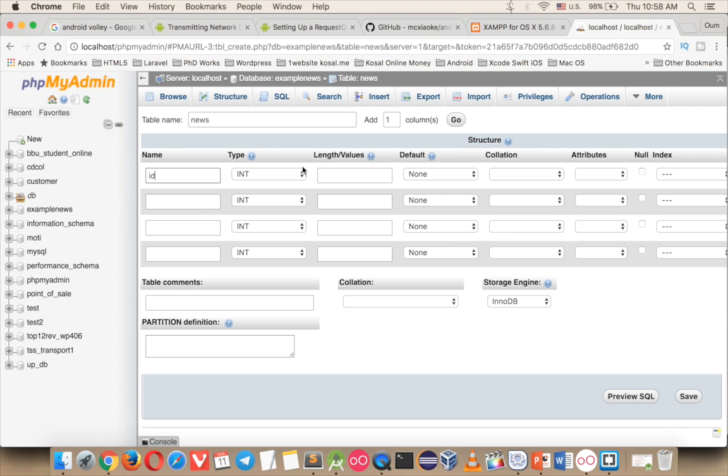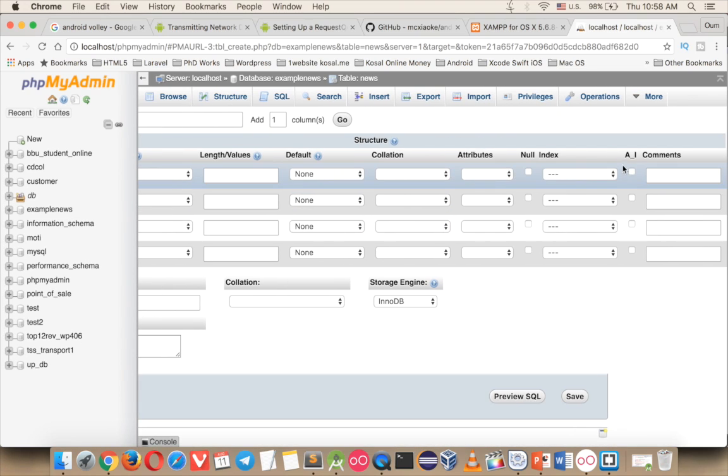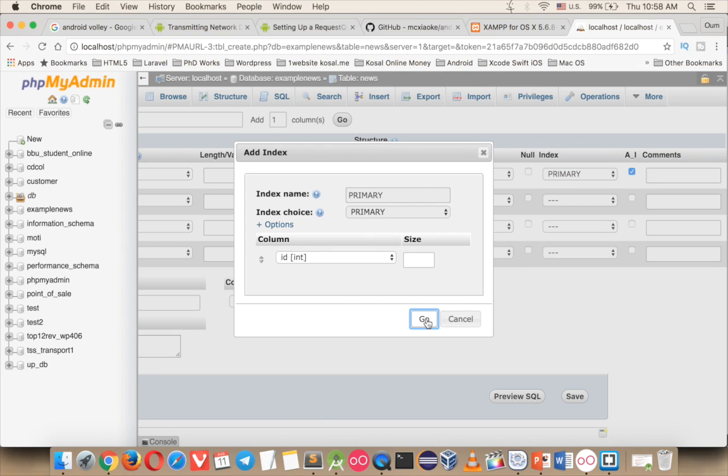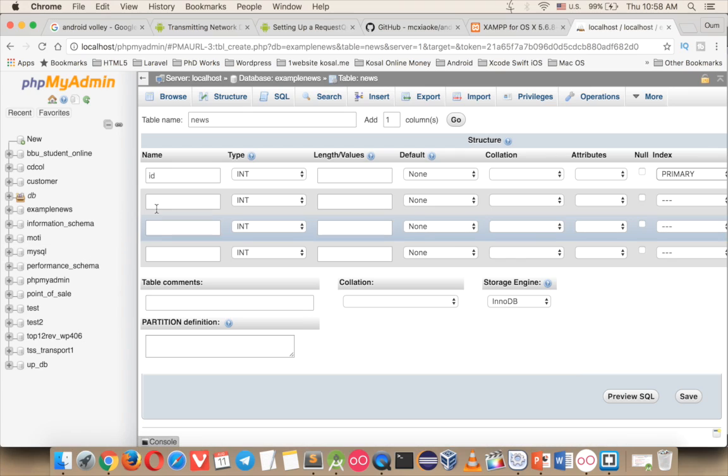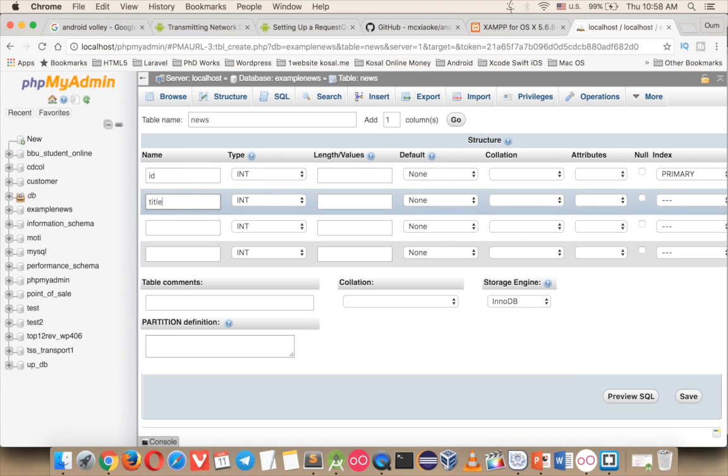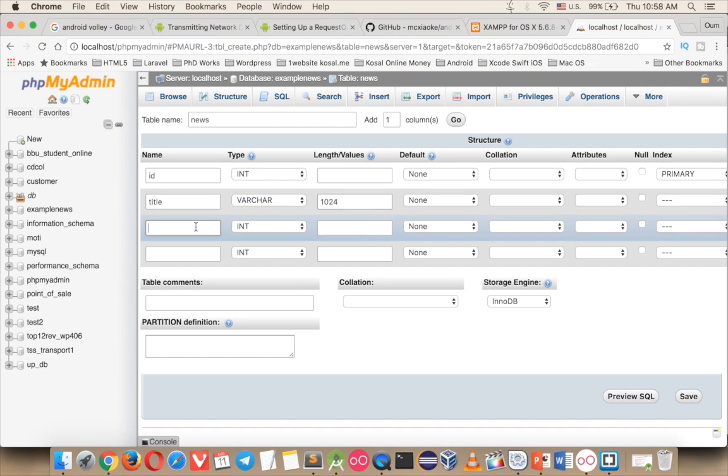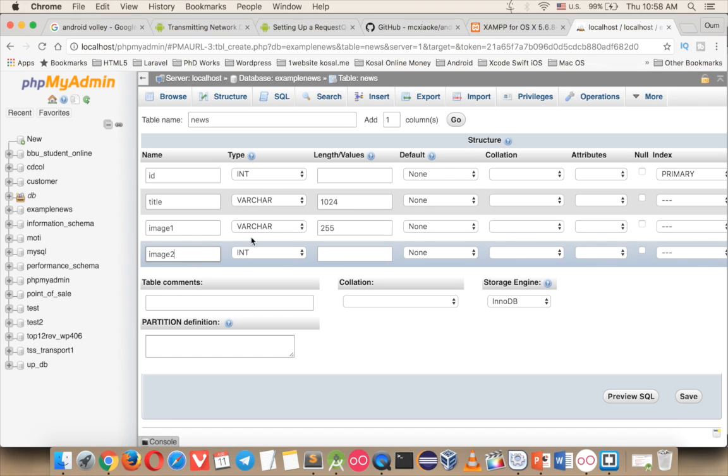First one ID, and it's going to be auto increment, this one primary key, and this one title, varchar maybe 250, and image 1, this one just image URL, and then maybe 250, that's fine. Two,